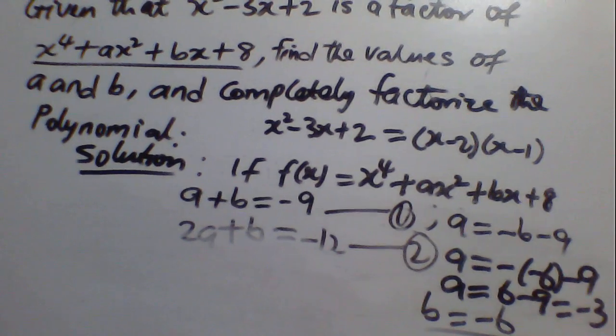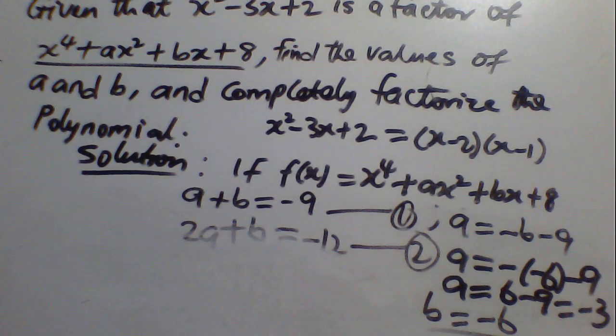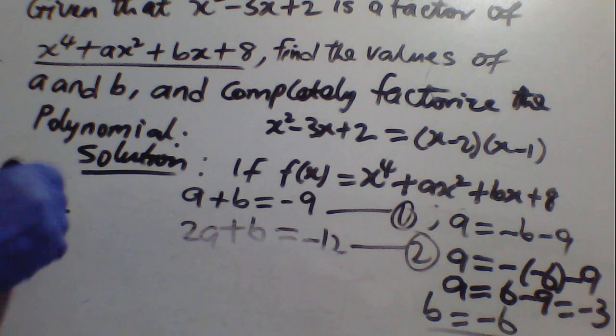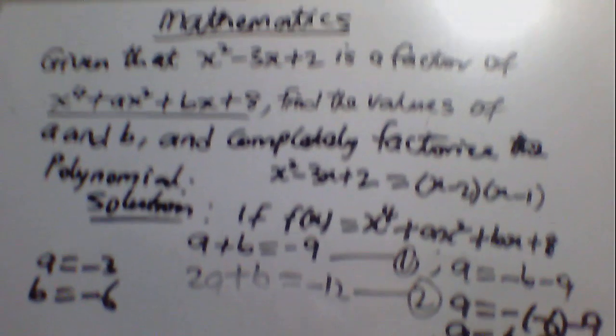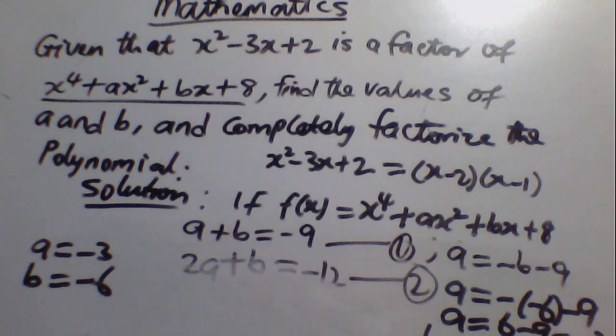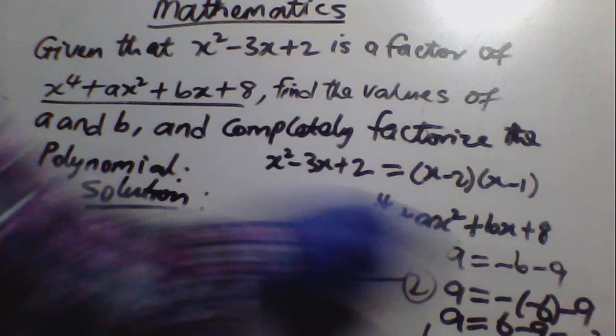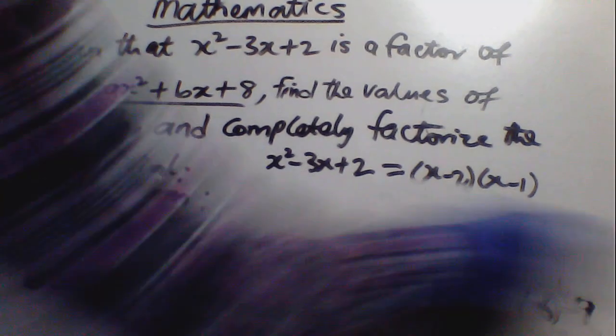So you can now return to the question. You're asked to find a and b. So in this case, we now know that a is minus 3 and b is what? Minus 6. That is it. That is what we are required to solve. Once we have gotten these two values,